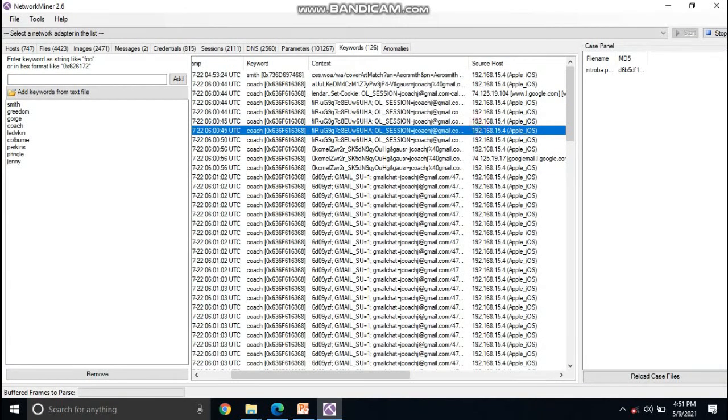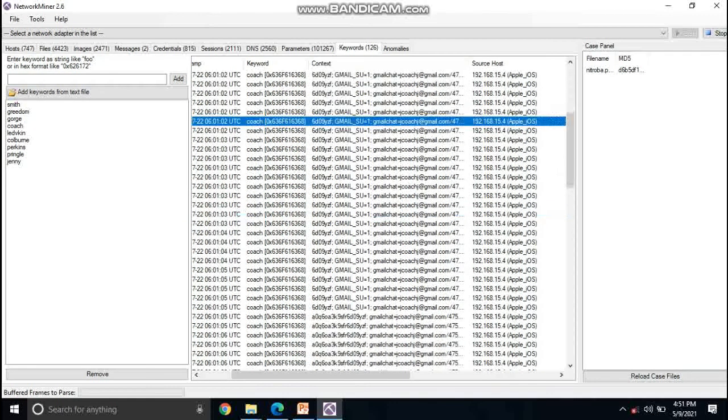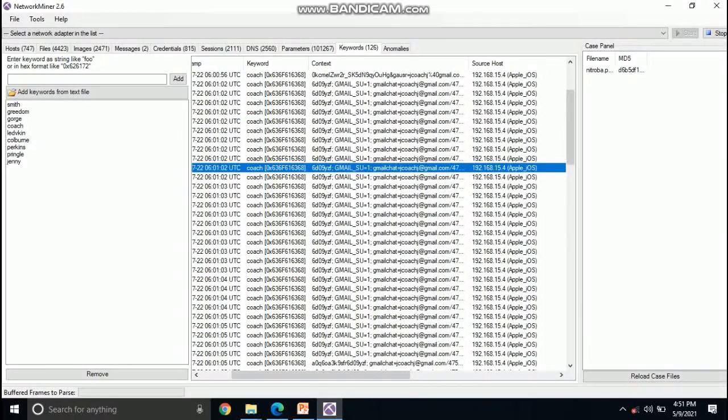This is the IP address which we got while searching with the previous keywords. It was sent by the coach keyword, which means the user is Johnny Coach. This is the same IP address which we got earlier.